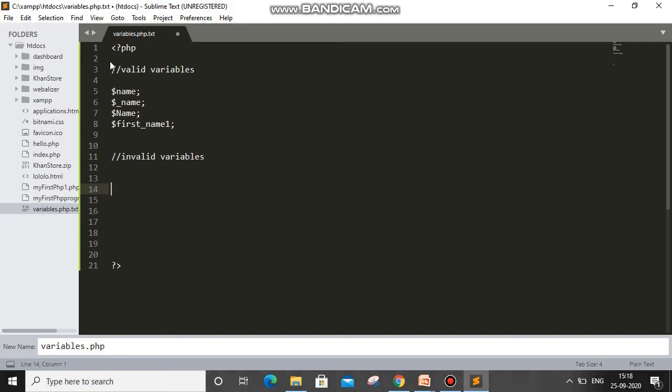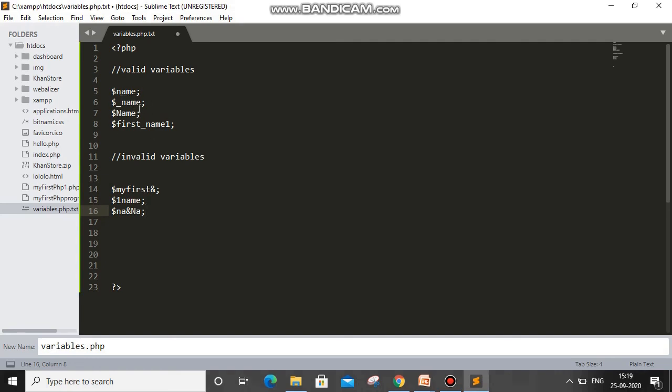You can't use, if we write the dollar symbol and we write my first and then this symbol, this is invalid. You can't use it like this, because my first is okay, but what is this? This is an operator, so this is invalid. You can't use any operator, and this is strictly not allowed. You can't start with a number. And the third is the same name, which was valid until here, but this is again an operator, so these are invalid. And these are some of the valid variables.